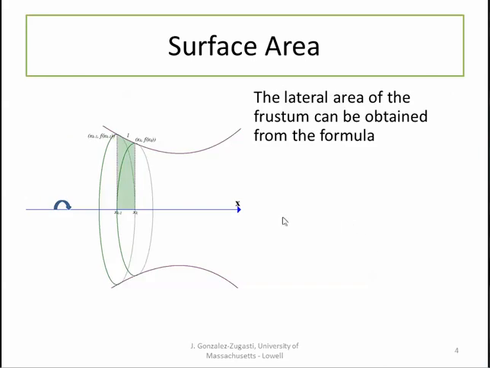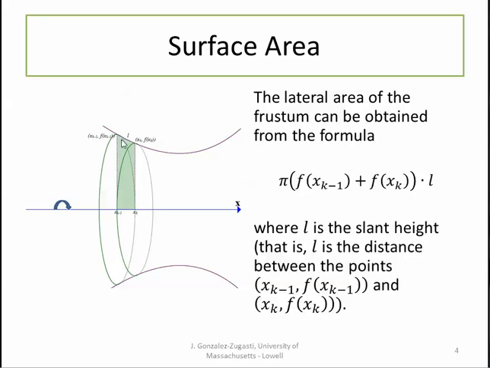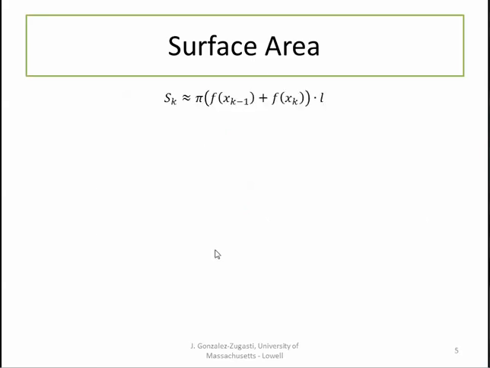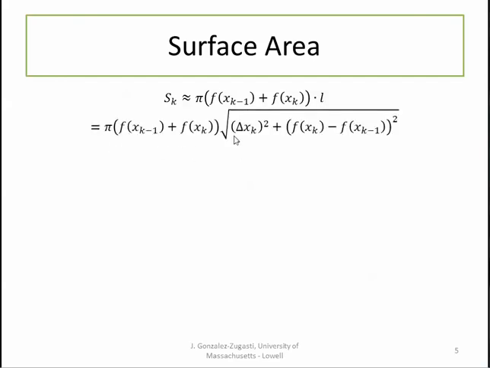The formula for that is that it's equal to pi times the sum of the two radii times the length of the slant height. All right, and we know how to find that length because we know how to find the distance between 2 points. So we get that the surface area of that slice is approximately equal to the area of the frustum. And if we put in our formula for L, we get that